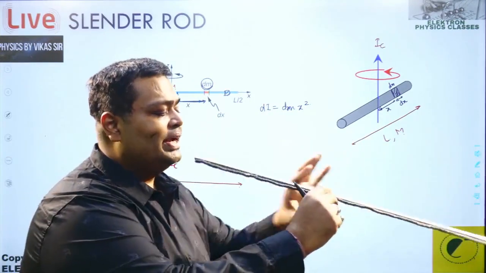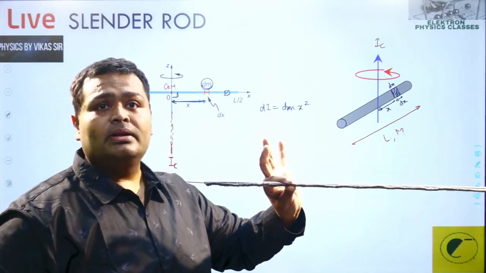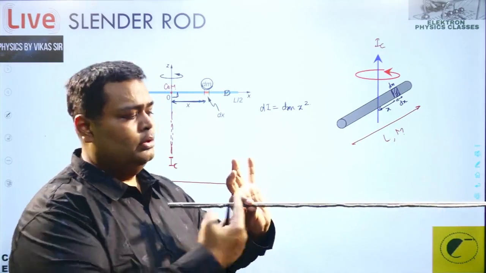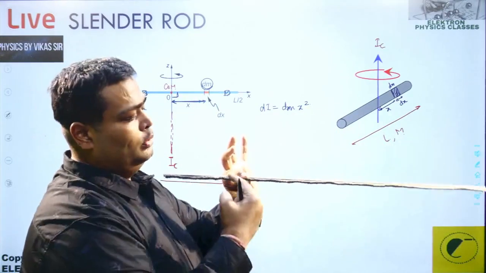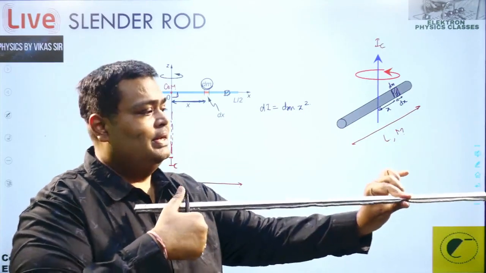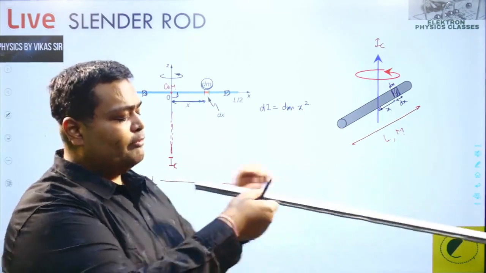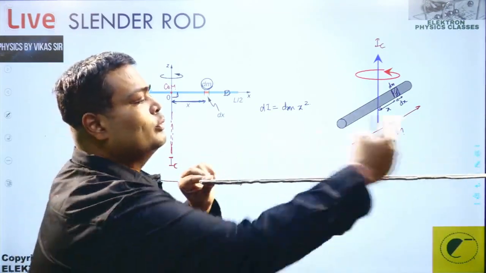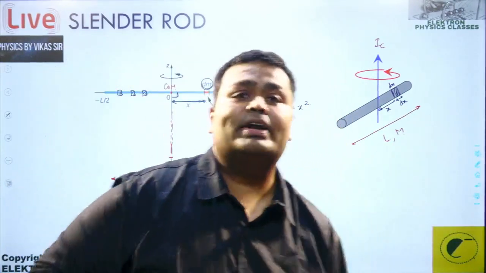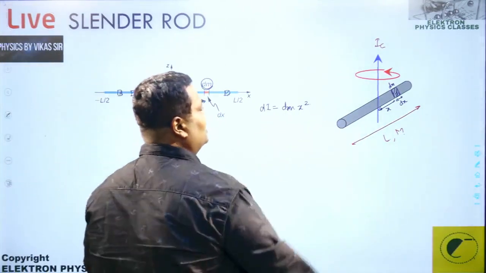Correct. If you are holding it here, let's say at L by 4, then the limit should be from minus L by 4 to plus 3L by 4. Getting the point? If you are holding here, then that's minus 3L by 4 to plus L by 4. And if you are holding from here, it is from 0 to L. That's how the limits are. So right now we are interested in the center, but the limit is from where? Minus L by 2 to plus L by 2. That's it. And then you integrate this and you get your answer.